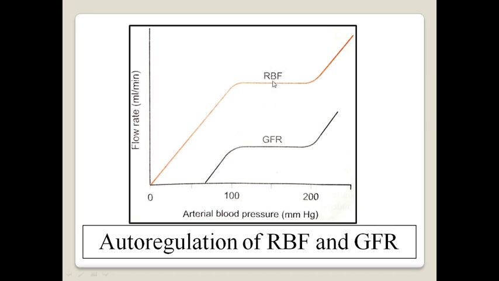If renal blood flow remains constant, then because hydrostatic pressure will also remain constant, this GFR will remain constant. So that is the auto-regulatory mechanism of the renal blood flow or GFR in the range of 80 mm of Hg to 200 mm of Hg arterial blood pressure. If arterial blood pressure goes beyond 200 mm of Hg, then renal blood flow again starts to increase in proportion to the systemic arterial blood pressure.